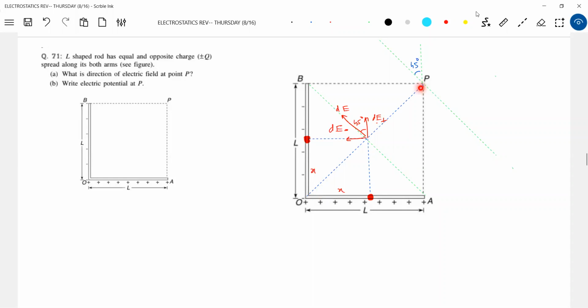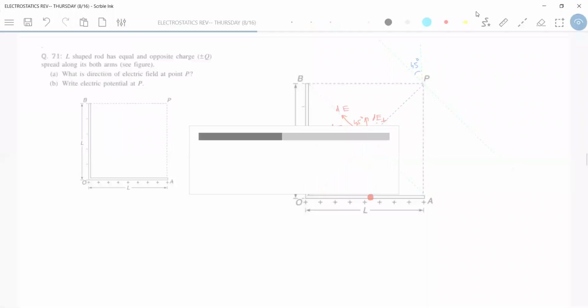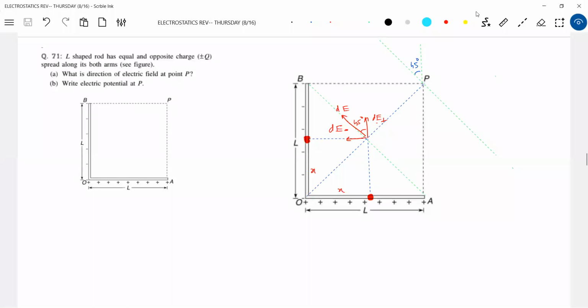Along negative y-axis. X-axis, sir. Look at the diagram and answer. Zero. On the line OP, I'm asking why it will be zero. Due to this positive charge and the negative charge, the resultant will come here. Sir, the resultant will be along 45 degrees with the x-axis for OA at P. And for OB, at P, the resultant will be along minus 45 degrees with the x-axis.